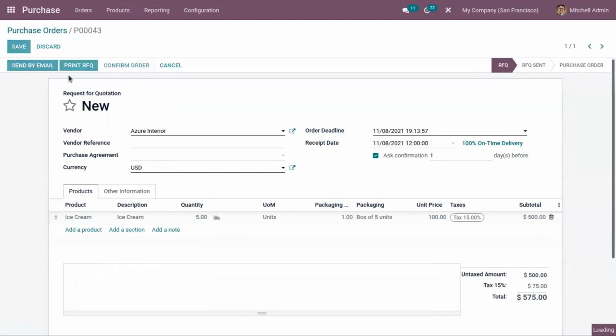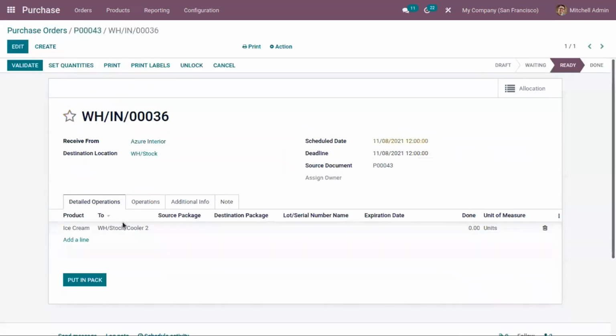Now when I confirm the order and receive products, you can see 5 units of the ice cream, that is 1 box of ice cream is moved to cooler 2, because for the storage locations, that is cooler 1 and cooler 2 under the category cold storage, we have set package capacity as 2 boxes.